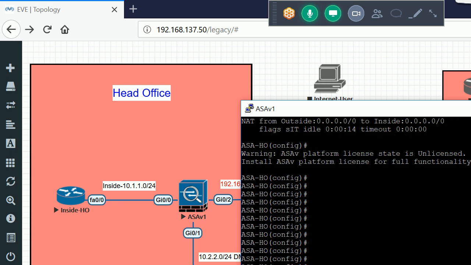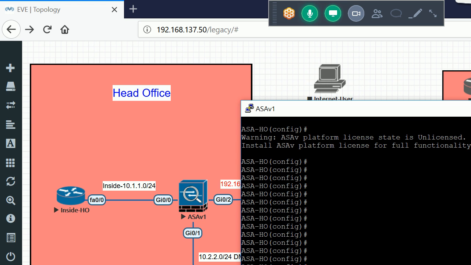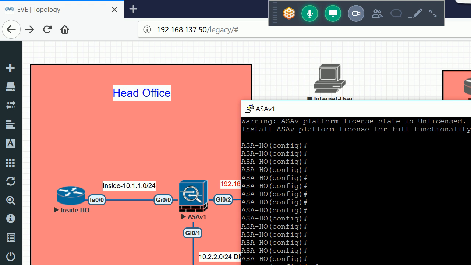Object network DMZ, or I'll use this private IP. So I'll use this keyword host 10.2.2.100. After that I just exit.